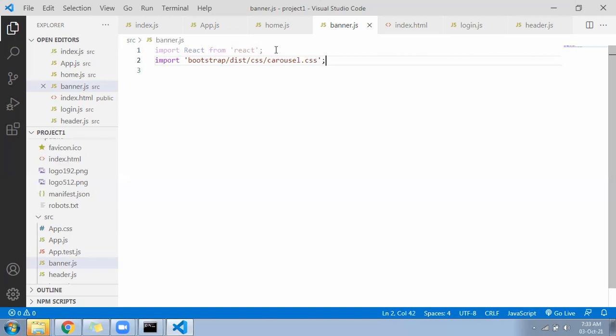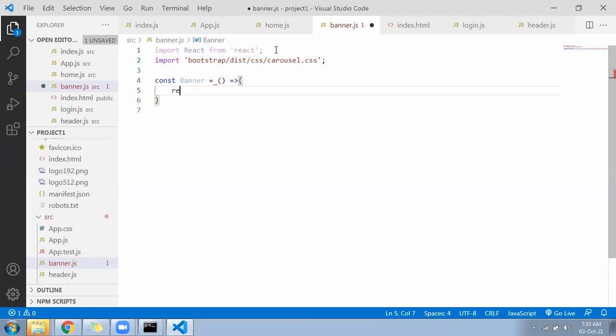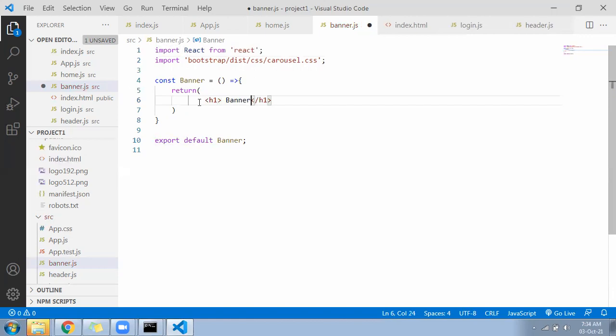Come inside now, write a constant called banner, return, export. Inside h1, write banner is.